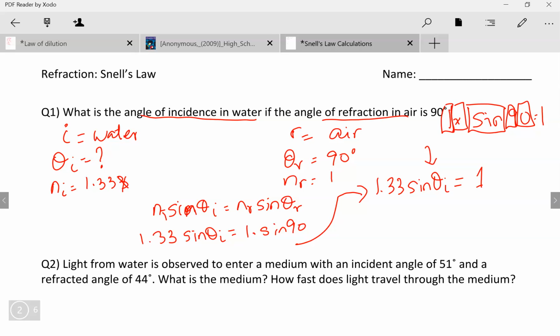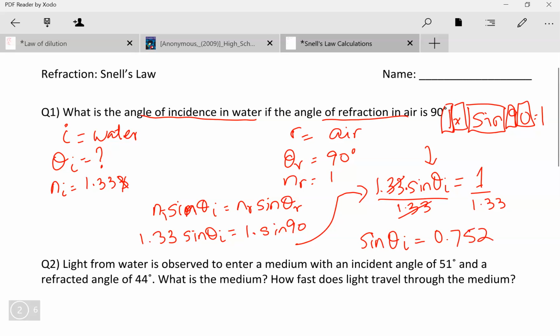So I'm going to do this in the same way I isolate for any other variable. I'm going to divide first both sides by 1.33 to get rid of the 1.33. If you want to think about it another way, like moving the thing over, you can consider 1.33 is being multiplied into sine. So when I move it over, it becomes division. So I have to do 1 divided by 1.33, which makes sine theta I equals